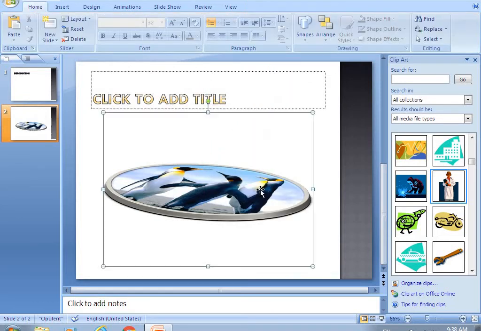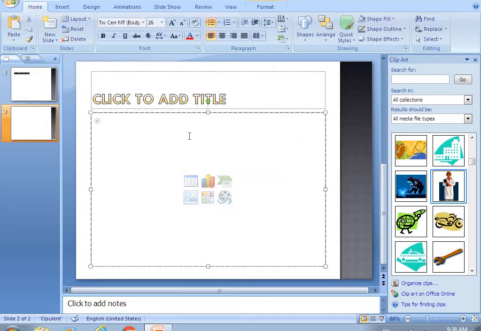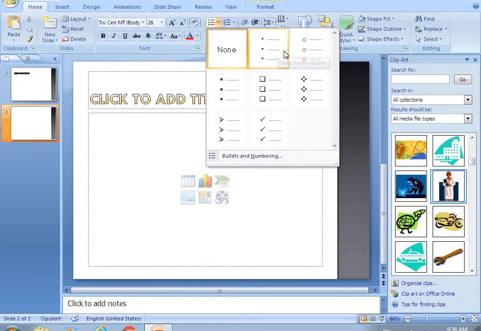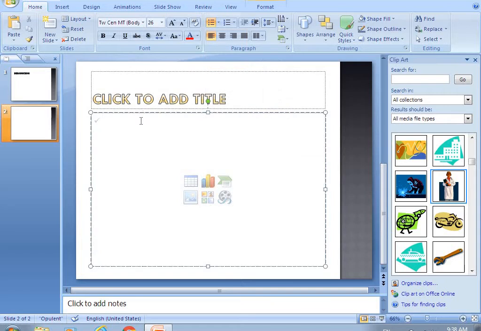Suppose you are typing something into your presentation, and if I want to add bullets, so how will you add the bullets? To add the bullets, you will go into the home tab. In the home tab, here you have these three dots. You will click on the dots, and different types of bullets will come to you. You will choose any type of bullet, and your bullet will come, and you can type here, and when you type enter, your second bullet will come.